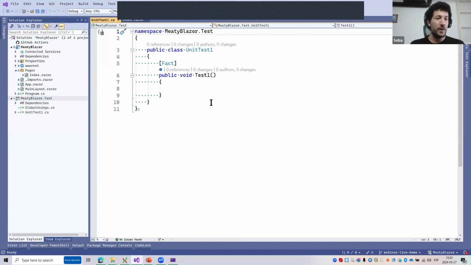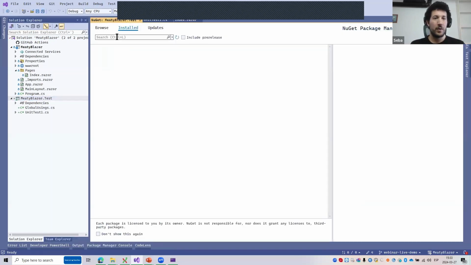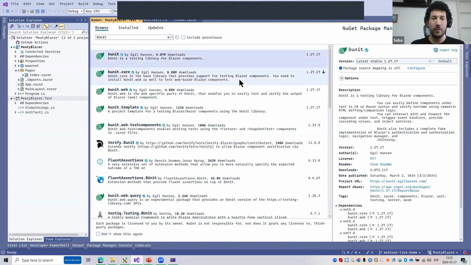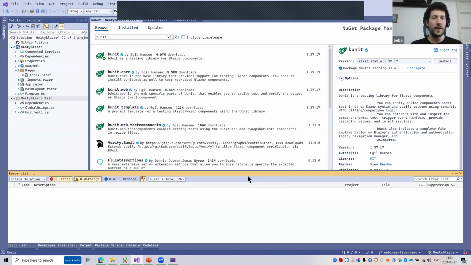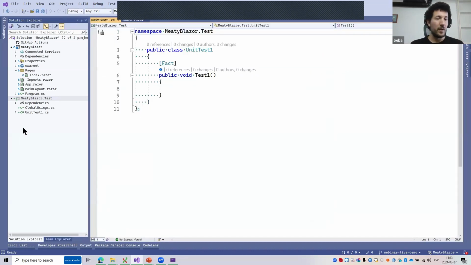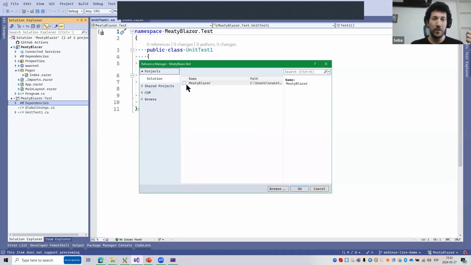But before we try and do anything with this, we are going to install a new package called bUnit, which is, there we go. There are a lot of flavors depending on if you want to use just a little bit of it, but we're going to install the whole library, and it's going to ask us to update a bunch of things. So go ahead and update them. This should already be cached, so it should install pretty quickly. And I think it already has. All right, it has. So one more thing, we need to add a project reference to our UI project,